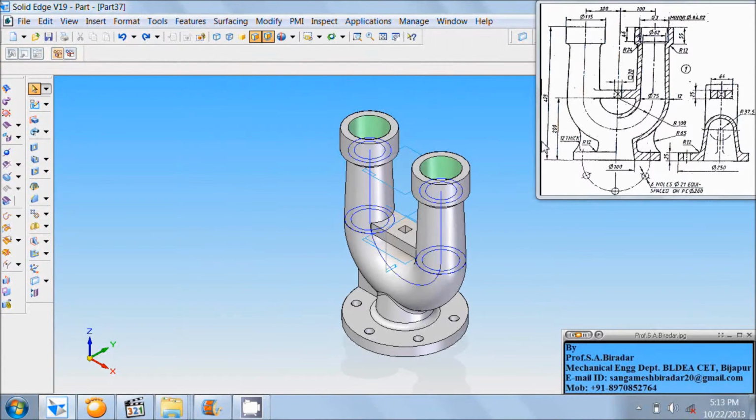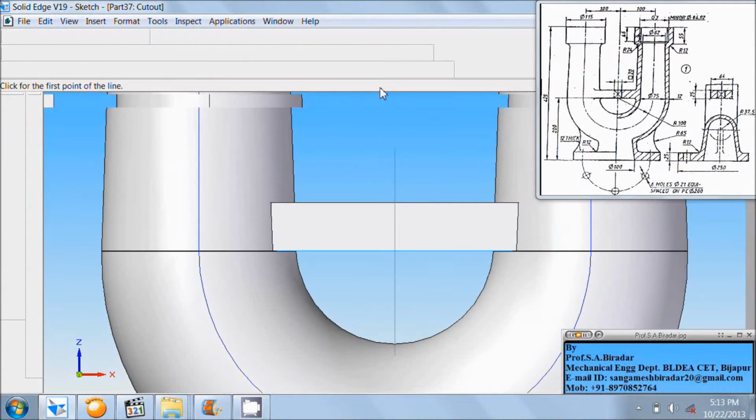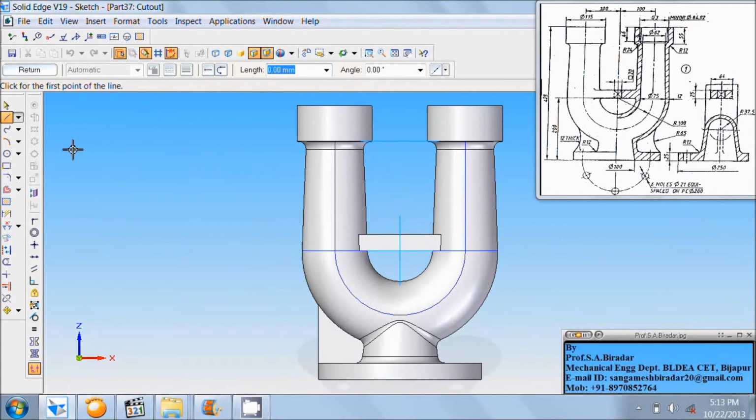Fit it. Here is cutout of radius 65, so take cutout command, select front reference plane, fit it. So take arc by 3 points, first point is this, second point is this, enter radius as 65, place the third point here, then use line command, close this profile by drawing line of horizontal and then vertical of any length up to this end, then right click of the mouse, click on return.